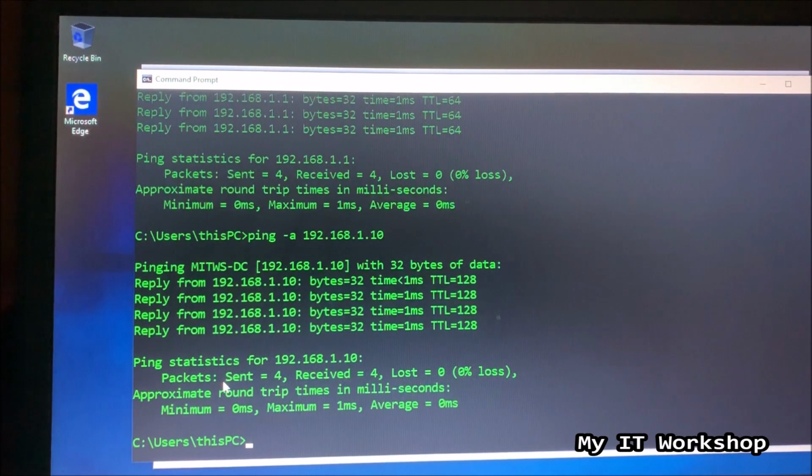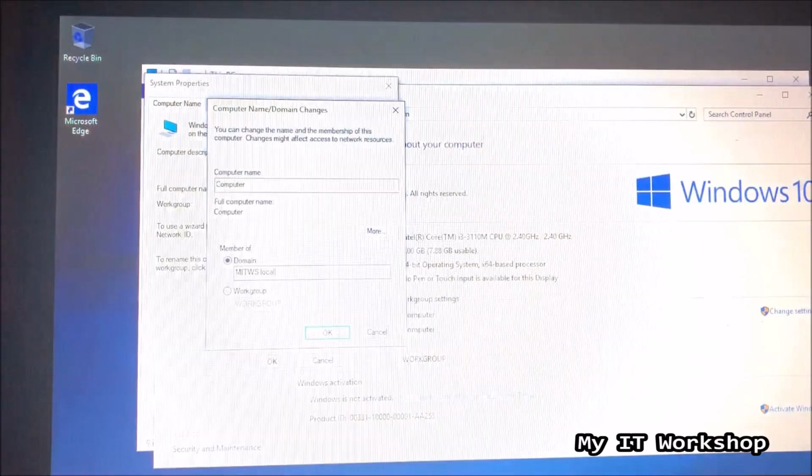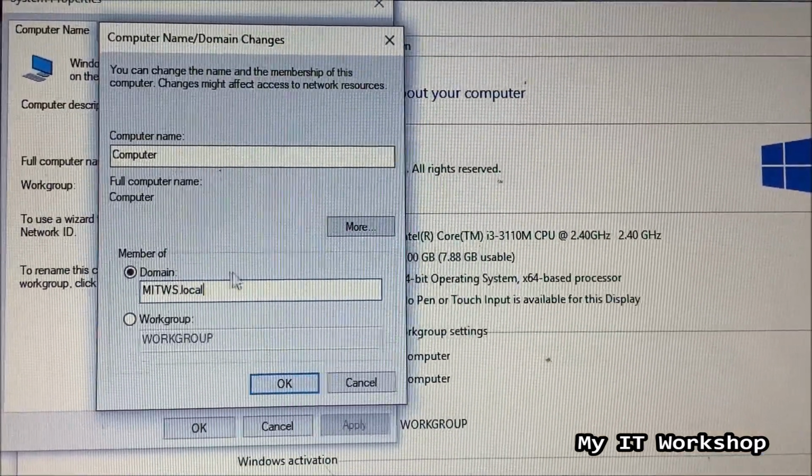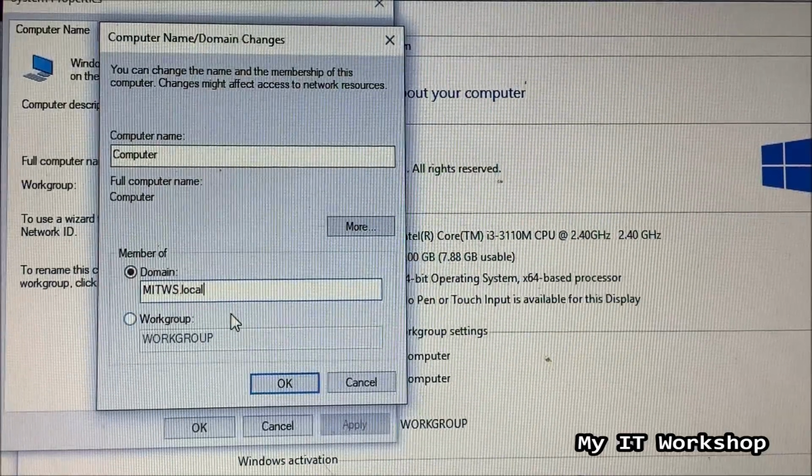And now I'm pinging my server, which is 192.168.1.10. And as you can see there, the name is my IT workshop, MITWS domain controller. So that's the name I gave to the server itself. So everything is working. I have communication. And we don't need anything else here, and we are going to proceed to join this computer, this laptop, to the